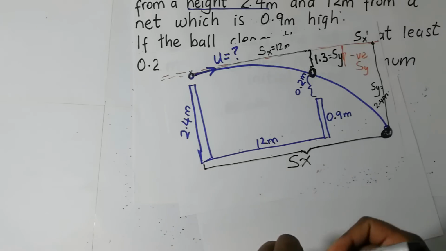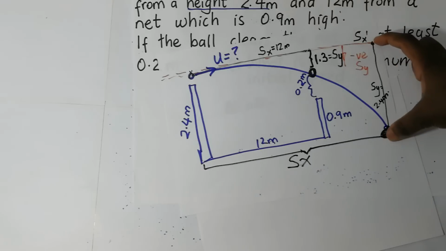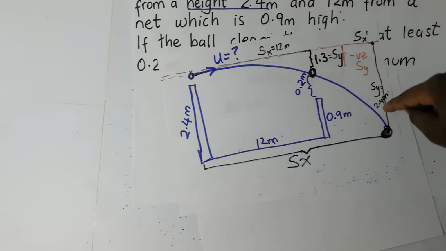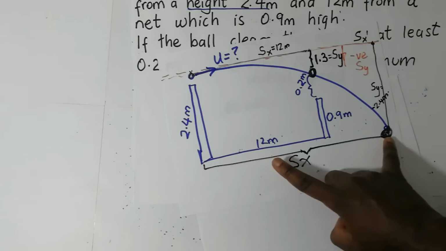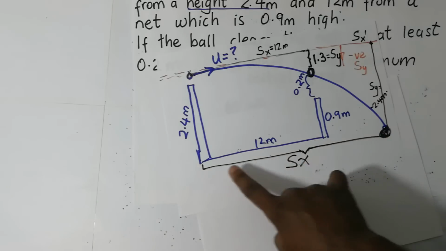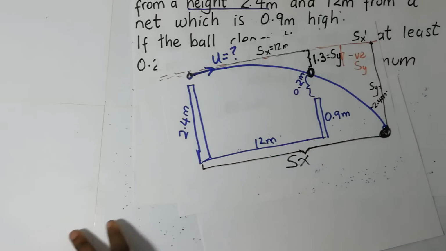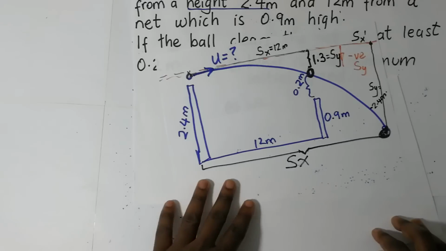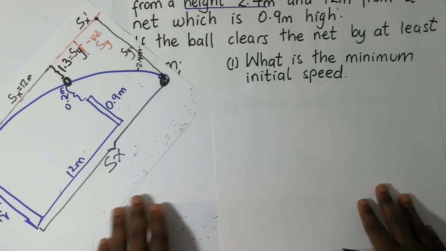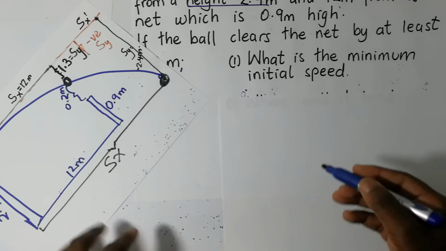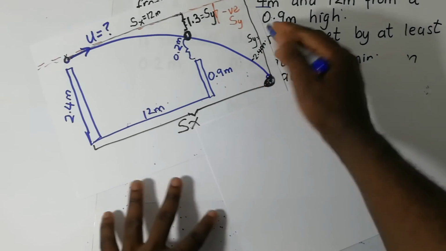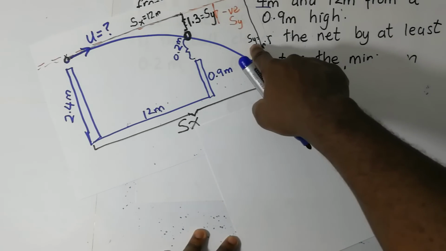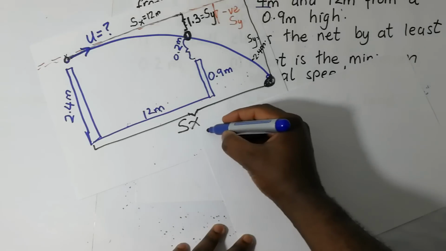So at the point where it lands, our y displacement is negative 2.4, and our x is positive something. We need to find the displacement in the x direction, and that's how we shall be able to know its displacement at the point where it lands. So let's get to it. Again, we are going to use the equations of motion. When it is at the point where it lands, its displacement in the y direction is going to be